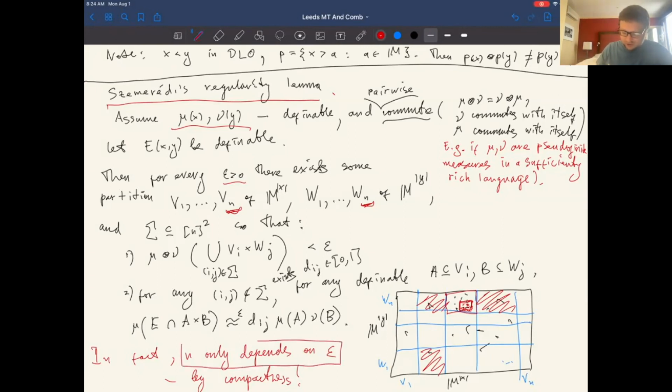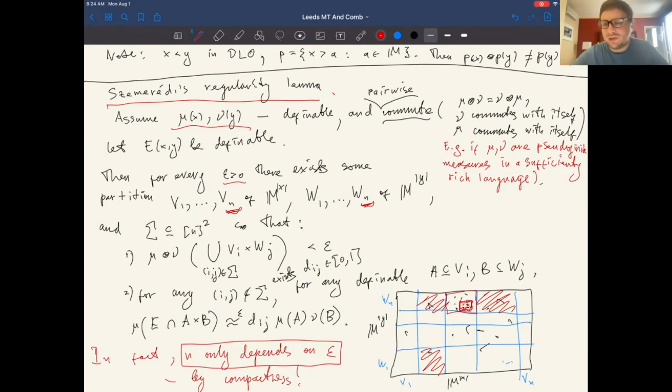And this is what makes it interesting as a combinatorial result, because in particular it tells us that if I have a sequence of finite graphs, I still have a partition of size which only depends on epsilon. So my graphs can be larger and larger, but I always have a partition of the same bounded size, only depending on the error that I wanted to allow myself from the beginning. All right, so this is a partition result.